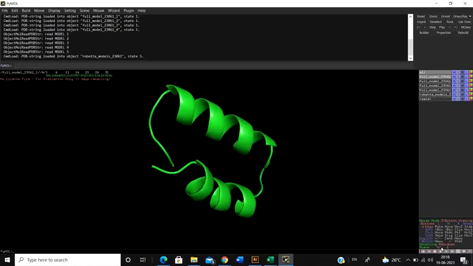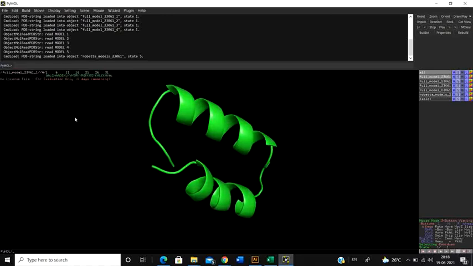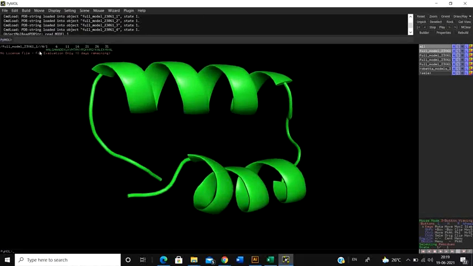Now as I've told you, simply click on the S option again to let go of the sequence, or if you click on the S option, it's going to show you the sequence of your molecule. Beside this there are other options. In the top right hand corner, beside the name of the protein, there is an option called ASHLC. So what is S? S is a short form for show. That is how you actually visualize the molecule. And what is H?